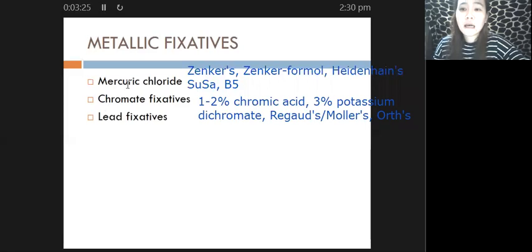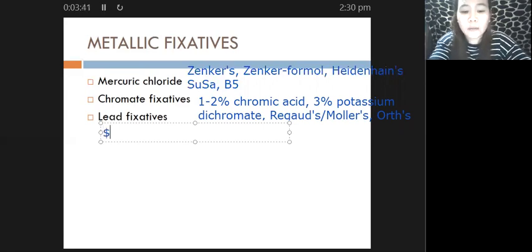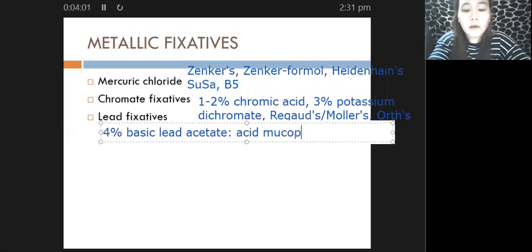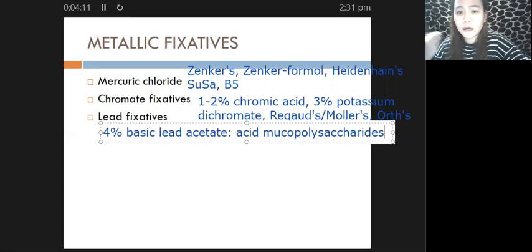And the last metallic fixatives are your lead-based fixatives. Under your lead fixatives, we only make use of one formulation in the laboratory. And what is that formulation? We have your 4% basic lead acetate. This is used for the preservation or the fixation of acid mucopolysaccharides. So I hope you can still remember your acid mucopolysaccharides